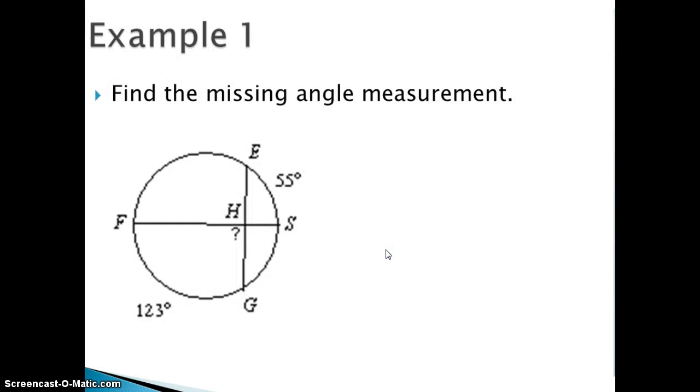So let's do some quick examples. How does this work? How do we apply this? We want to find the missing angle measurements. So in this case, for this problem, this is a chord angle because we have two chords that are intersecting on the inside of the shape. My two opposite arcs are these guys right here, 123 and 55. So if I want to find the measurement of angle FHG,